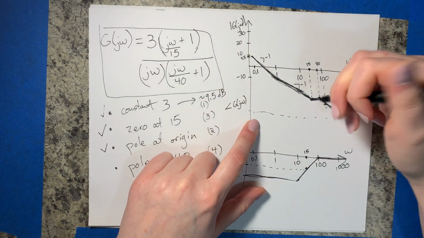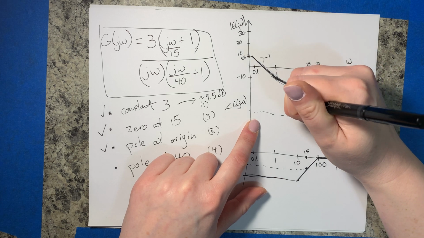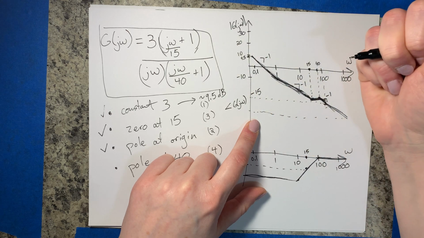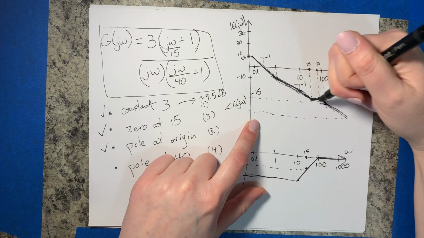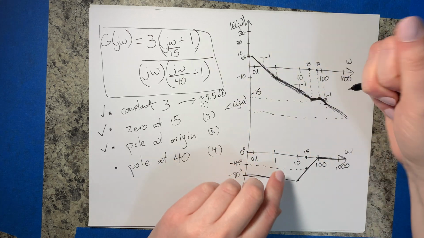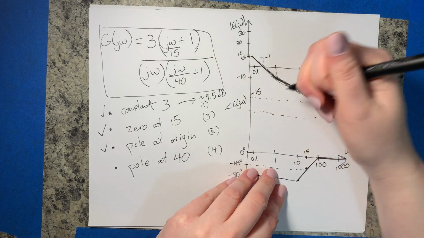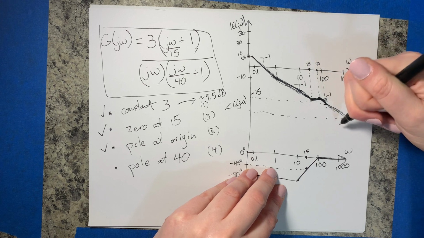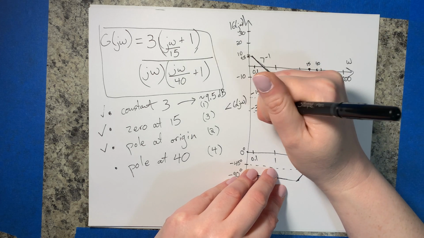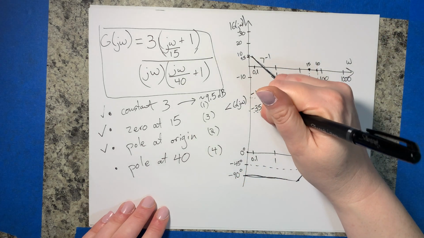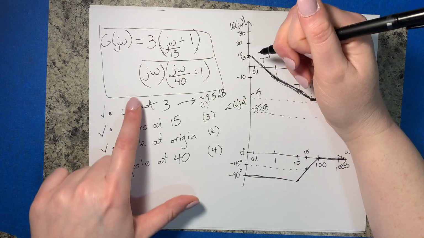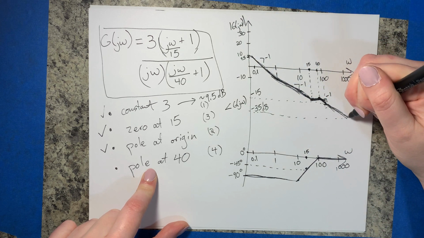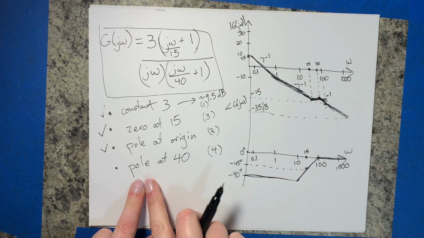So just for example, right here, I'm going to say that this actually turns out to be -15 at that point. It won't, clearly, but just so that I have numbers up here, I'm going to estimate it. And then that means over this next decade, from the 100 to the 1,000, that I would decrease by 20 more, so -35 dB. Okay, so that's all the information we have for our transfer function, and our magnitude portion of the Bode plot is complete. So the pole at 40,